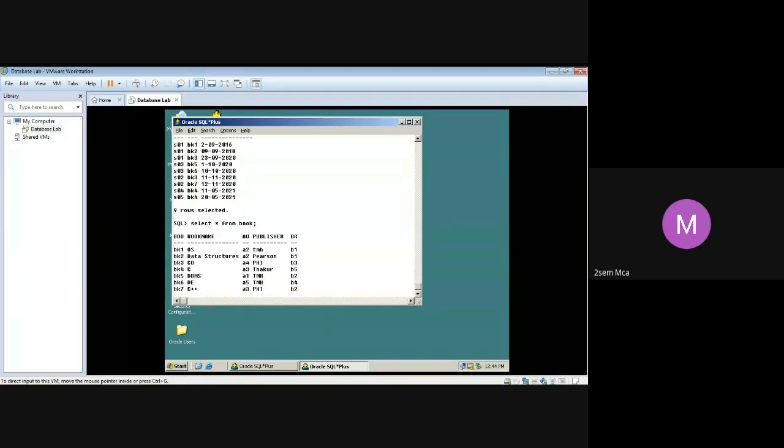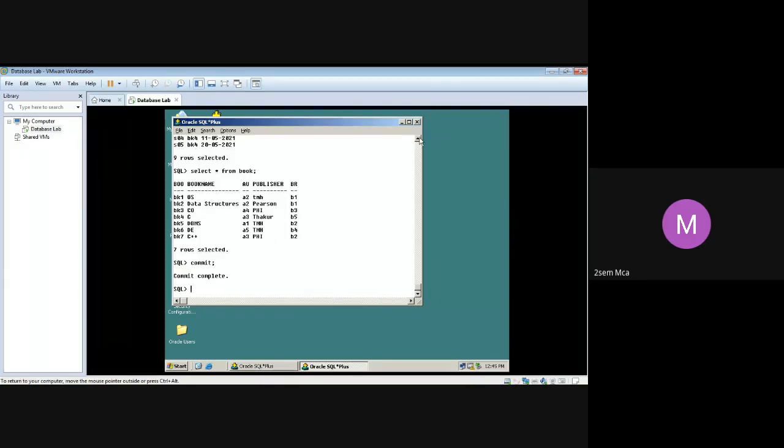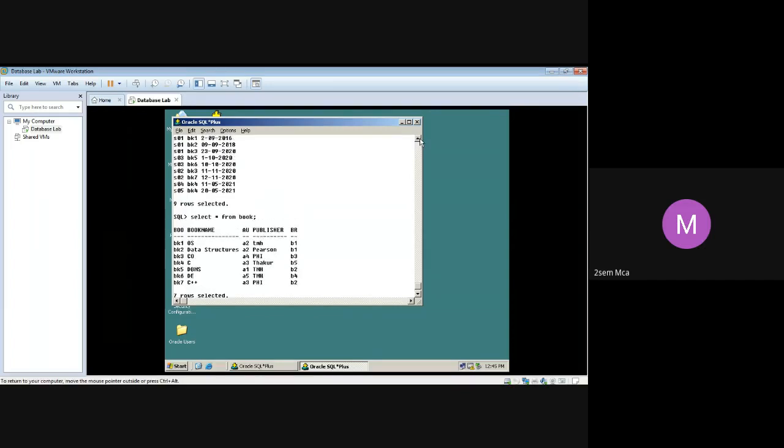Please note down the data. If you are not able to enter at that speed, you can note down and share it with others also if somebody is not able to take it down. Keep all your table creation and your data insertion ready for next week, so that we can start with the query sessions next week. Please commit your work. I forgot to tell you, you have to commit your work. Give your commit statement.